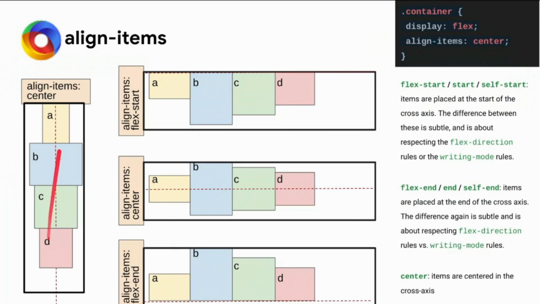In the same way, in the column it checks left and right. If you put flex end here, everything is aligned to the right-hand side. If I put flex start here, everything comes to the left-hand side, and center works the same way. The axis is changing, so it's opposite to what we had in the row. But we can understand from this example how everything works, as we saw in justify content, and the same thing applies to align items. Any doubt till here?